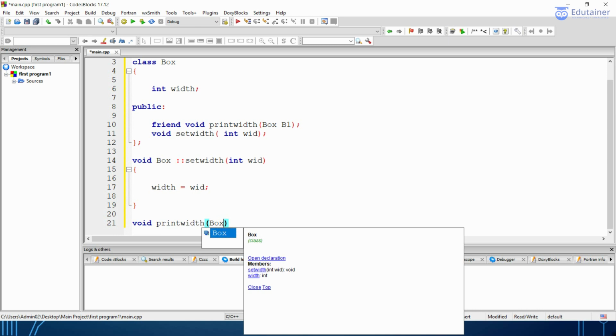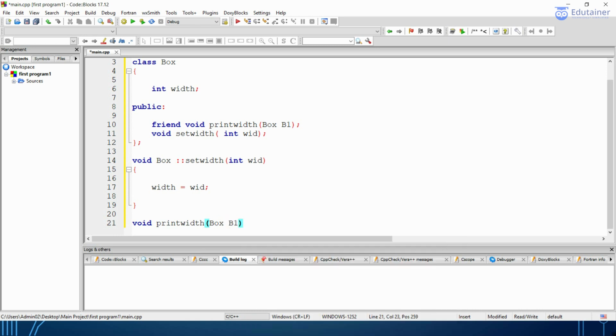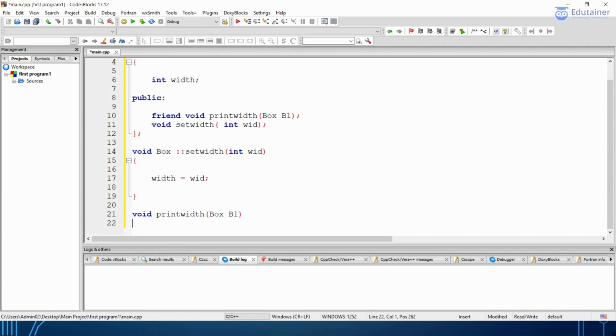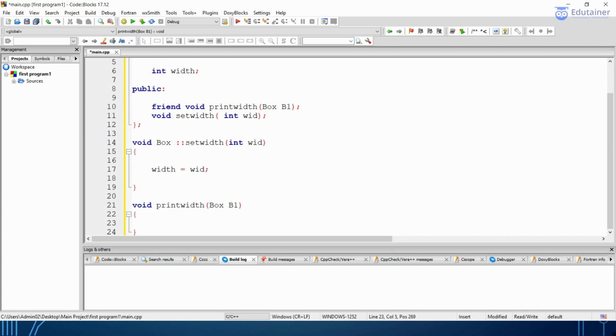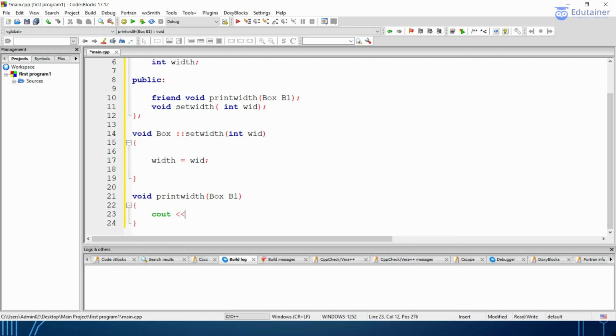Box and the object name. Okay, it can directly access the variables, whether private or public, of the above class. So I will be writing cout, width of the box, b1.width, end of the line. Okay,